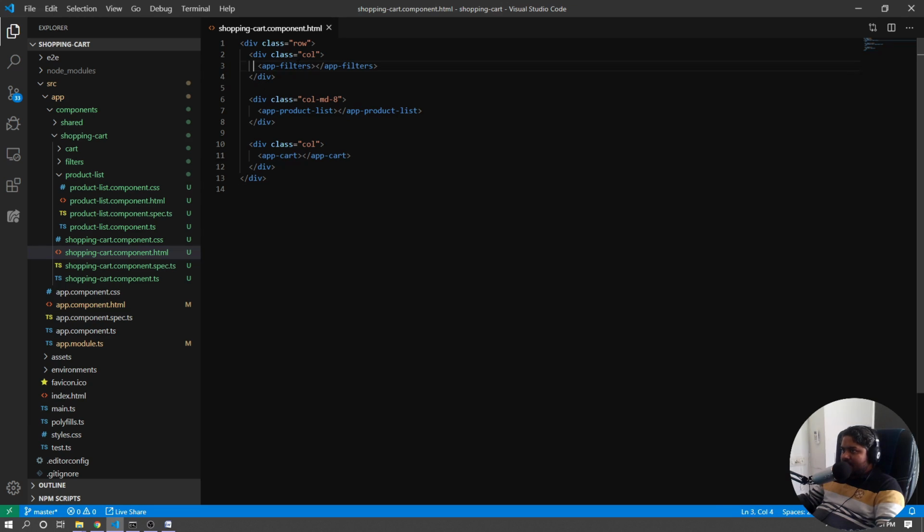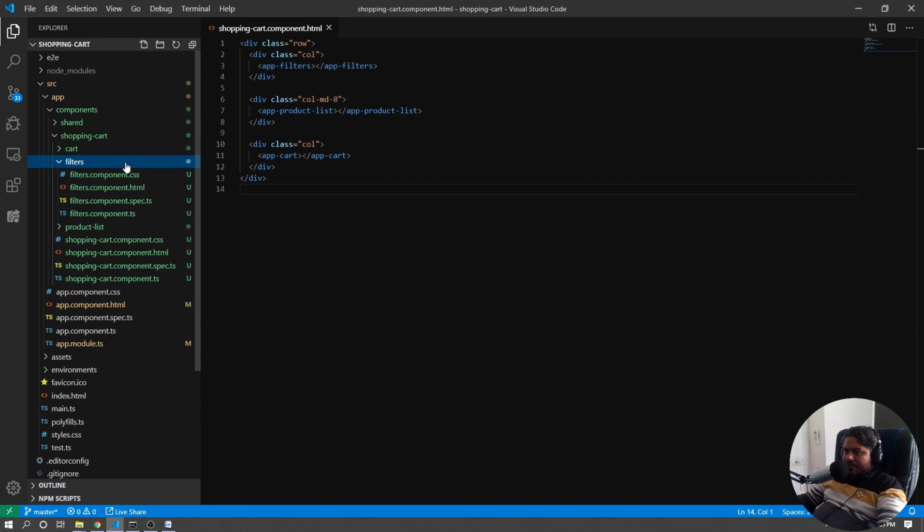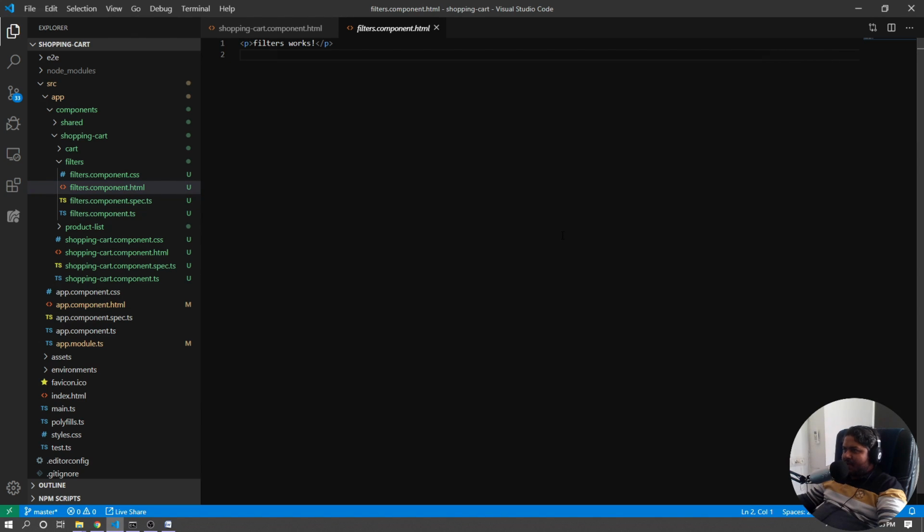Or maybe first we can work on the app filter and then app cart UI, and then we can go into the product list UI. So let's go into the filter.component.html. And remember, as of now, I would not be implementing any filter related functionality. At this point, we're just interested in getting the UI done for the filters, and hence I'll just keep one simple form in here. Later, you may try to extend the filters component on your own, or you may request that. So we would like to go into the filter with a form, no action needed,